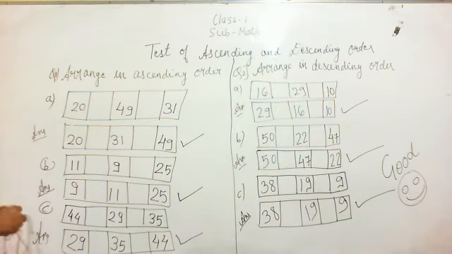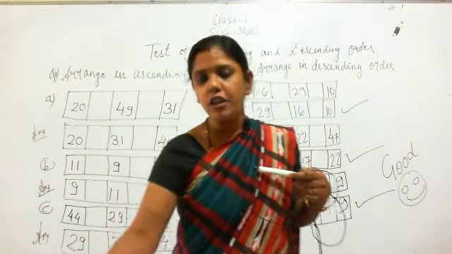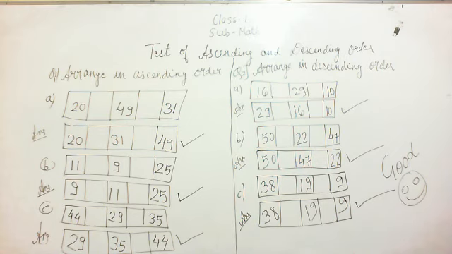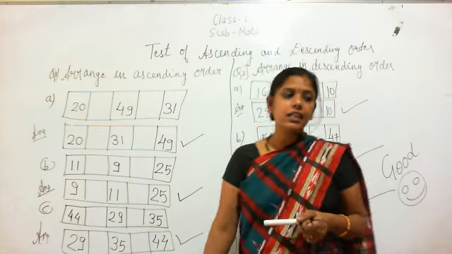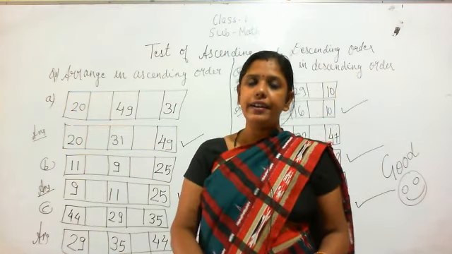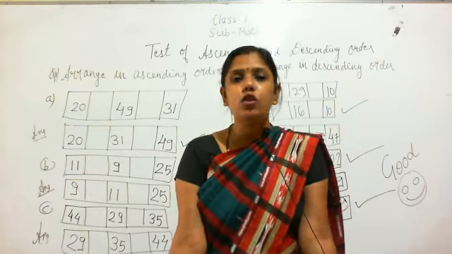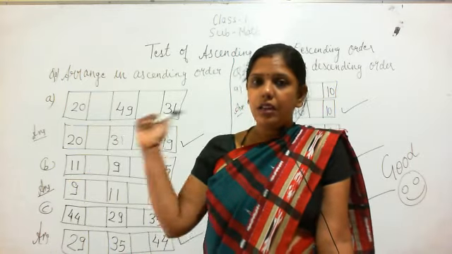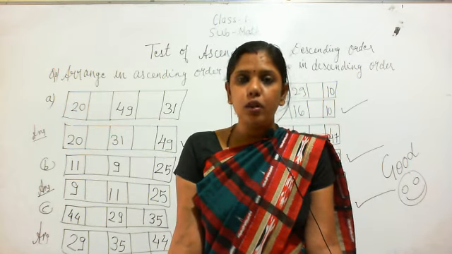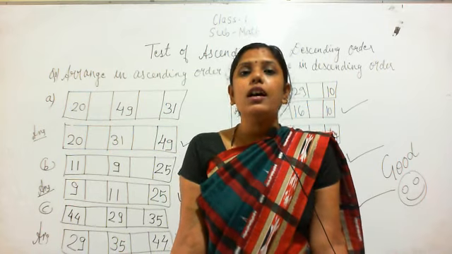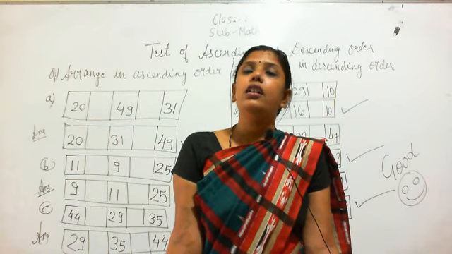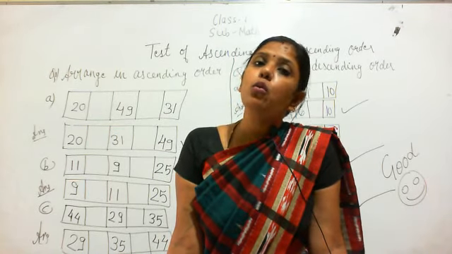Very good. Now I hope all of you have enjoyed your test. Have you all enjoyed your test? Okay, so we will continue in our next lecture with our next topic. Next topic is the same, ascending and descending order, but the topic that we have done is from number 1 to 50, and our next topic will be ascending and descending order from number 1 to 100. In that, the numbers will be from 1 to 100.